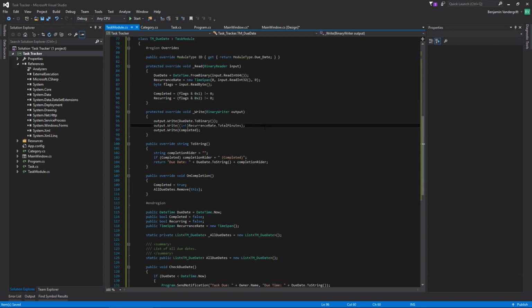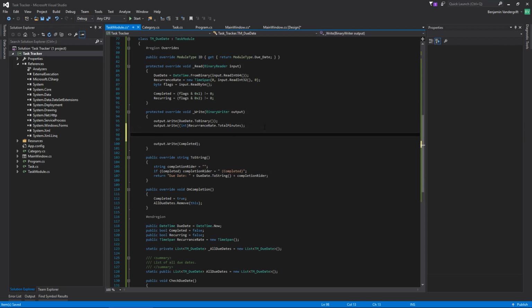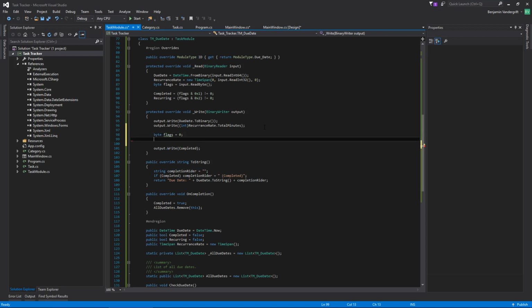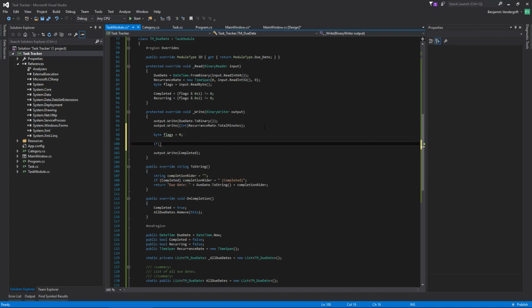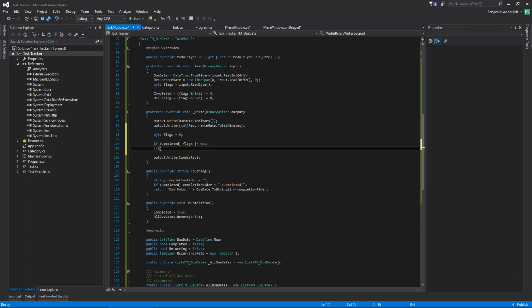So the other thing that I need to do is make a byte flags, set to 0. Then if completed, flags or equals 0x1. If recurring, flags or equals 0x2. Now technically you don't need to do this